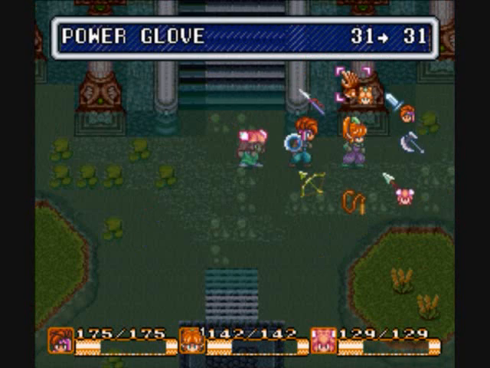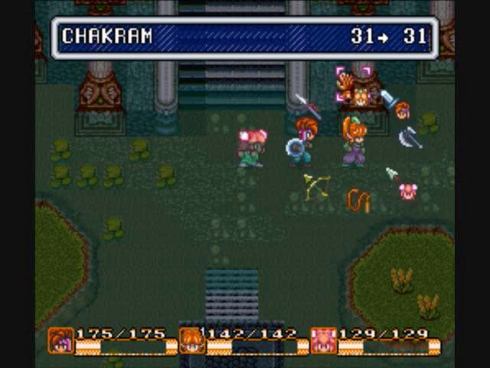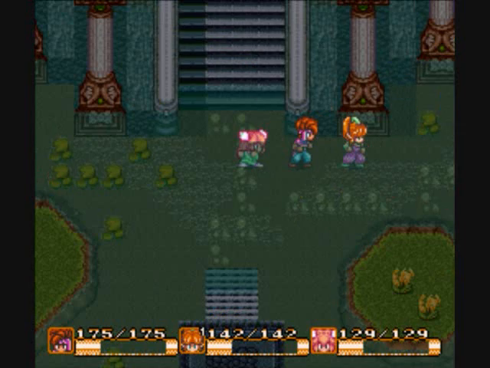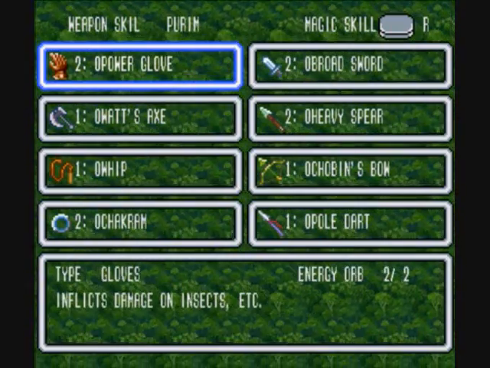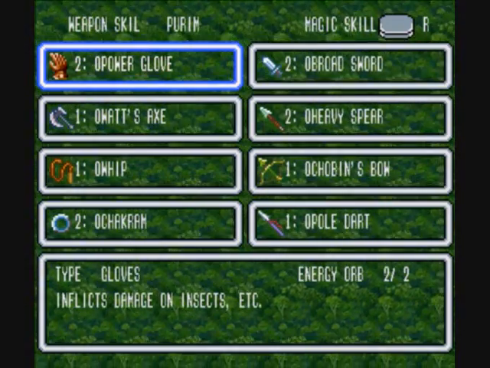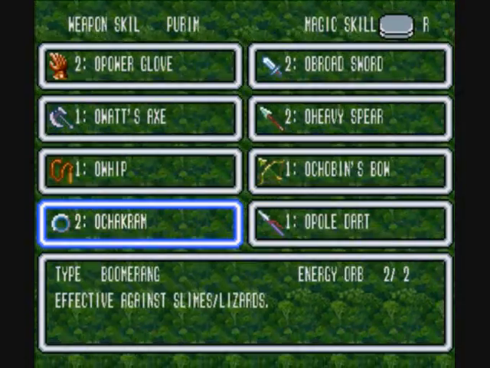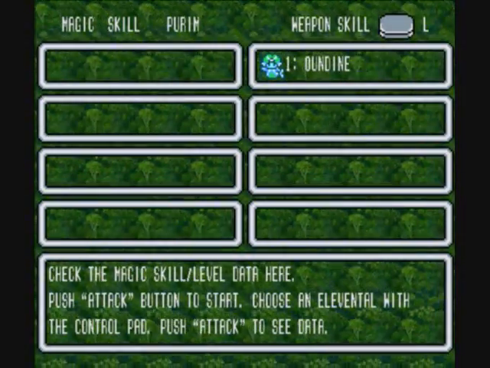Alright, I went ahead and paid a visit to Watts, upgraded our gloves and boomerang, so now we have the chakram and the power glove. And if you take a look at the stats for it, power glove increases damage against insects, and the chakram is effective against slimes and lizards, so you do extra damage to those types of enemies. Also, both